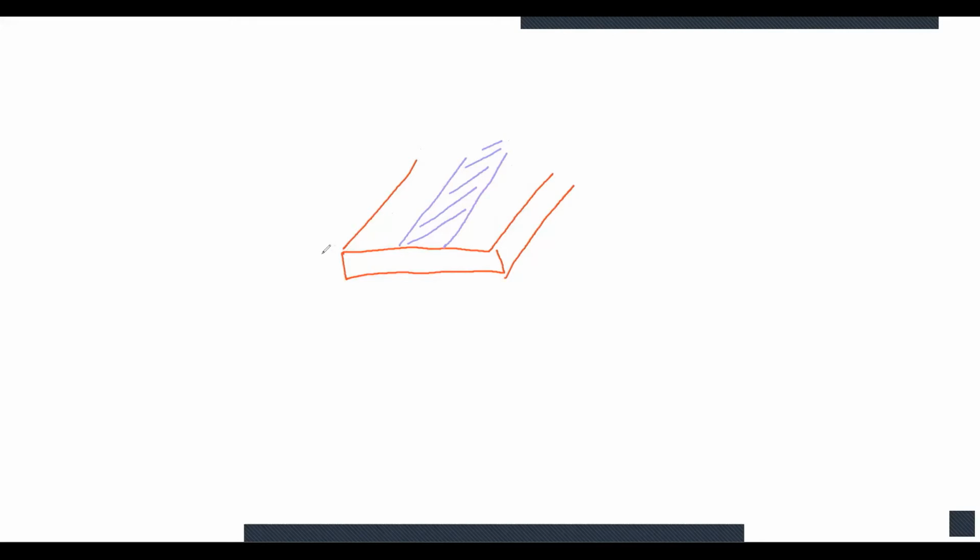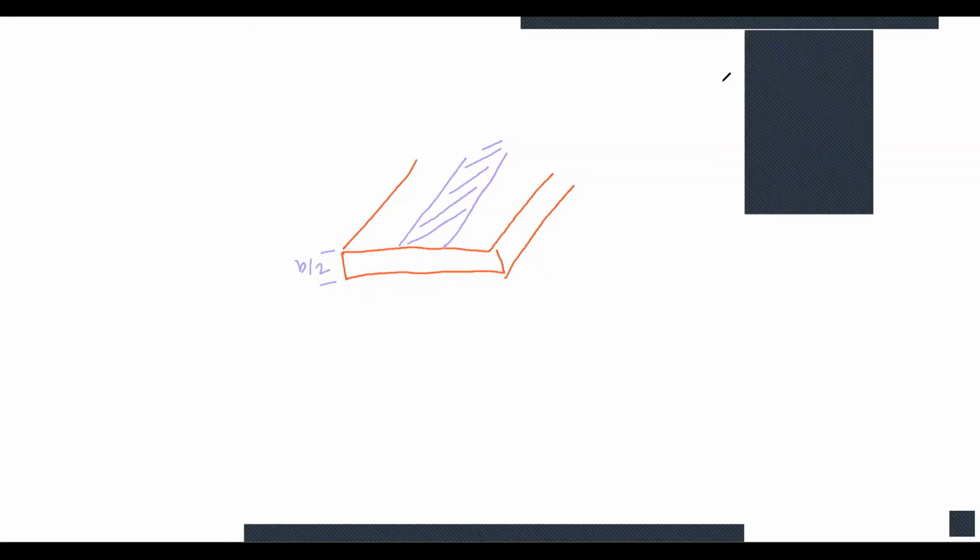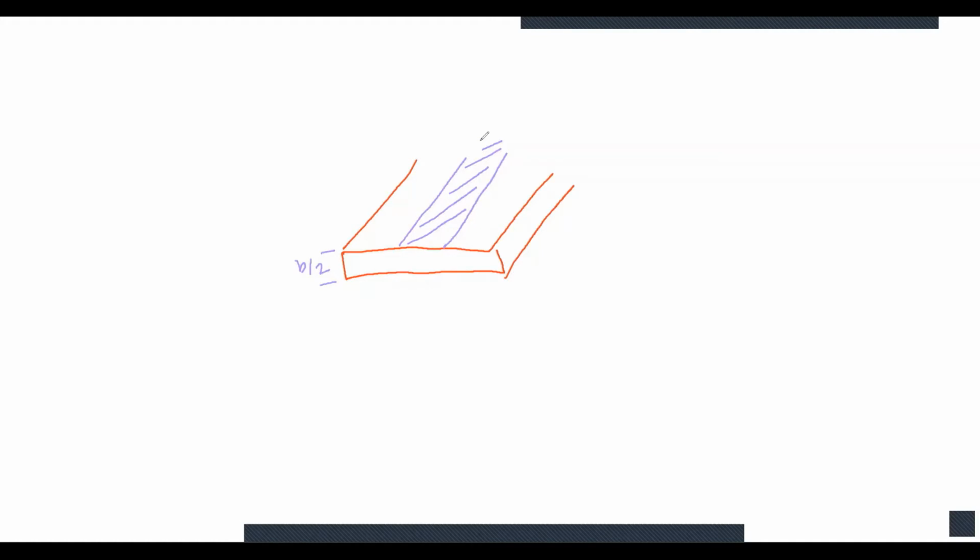The height of this dielectric substrate is b by 2. And then after fabricating the strip line, we again insert the second half of the dielectric substrate over it, and this becomes the strip line structure.